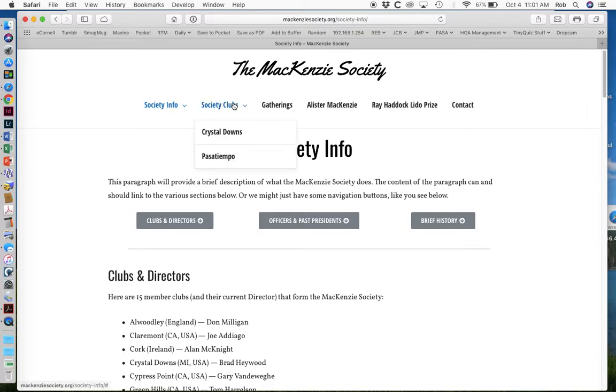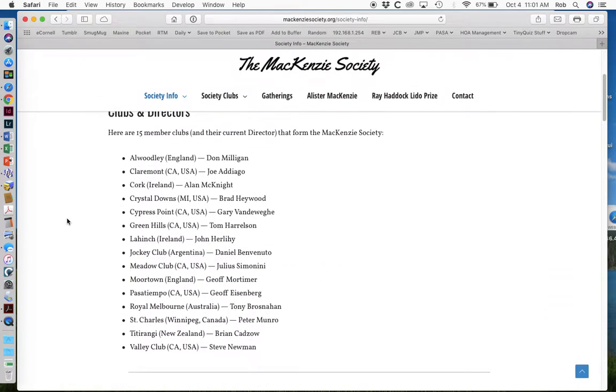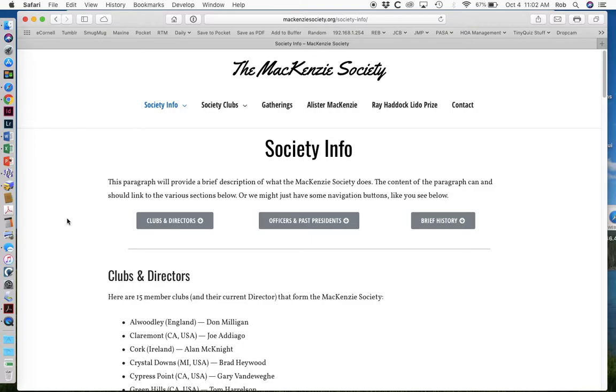Basically, the society info is one essentially static page, and when this needs to get changed, you open up the page in the WordPress editor, which I'll show you in a second, and you make the change. The clubs are implemented a little bit differently. There is a template page that's designed, and then each of the clubs is basically like an entry in the database, and the information that we've entered flows into that template. So let me pop over here to